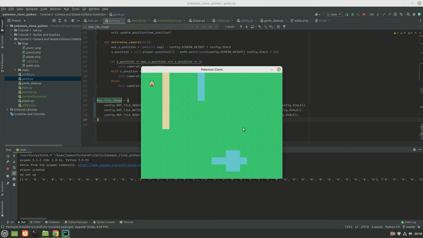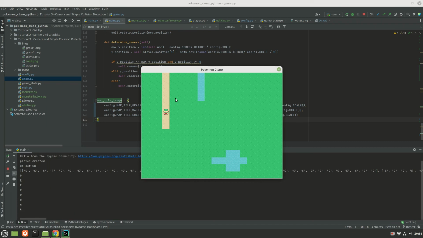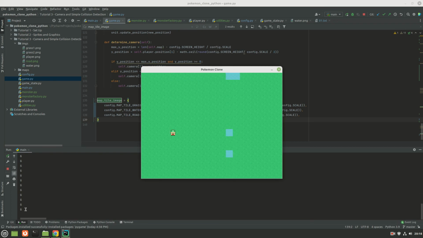All right, now we'll let us run. Perfect. So here is our road. So on our road, we shouldn't be finding any monsters. Now let's see if our percentage worked, and let's see if we can find a monster on the grass. So I'm just looking at the output here. Nothing is showing up. Nothing. Okay, so something went wrong.